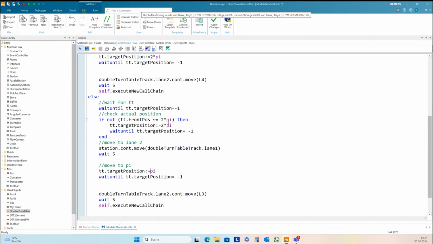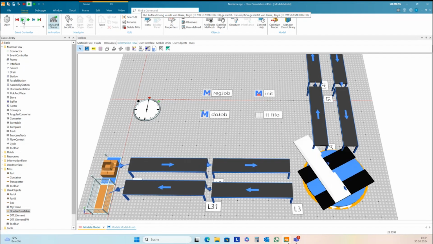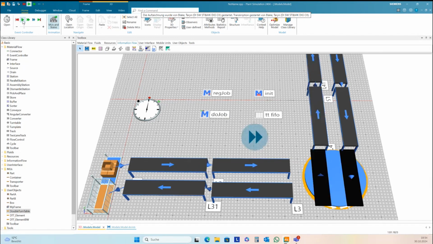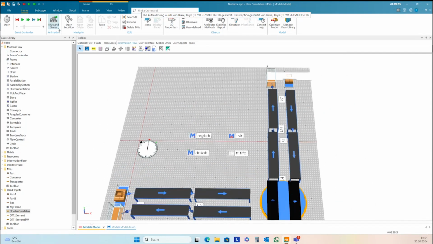This control could be much more difficult, for instance, if you have to wait until both of the lanes are occupied and then turn. Okay, I need to reconnect this source here.